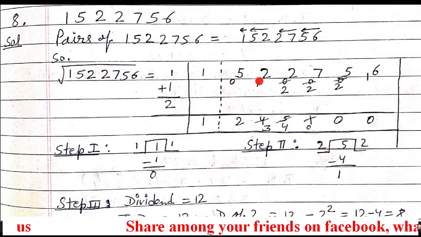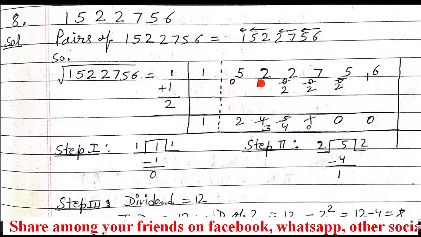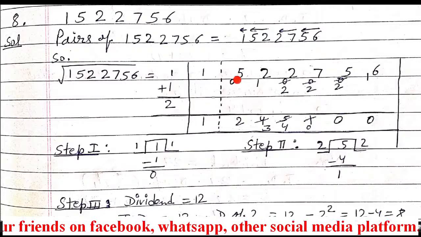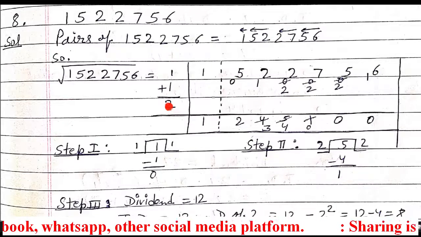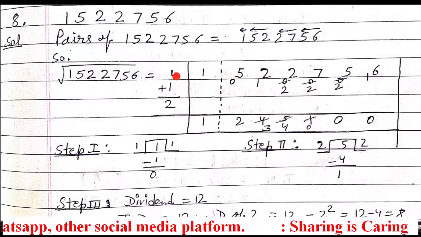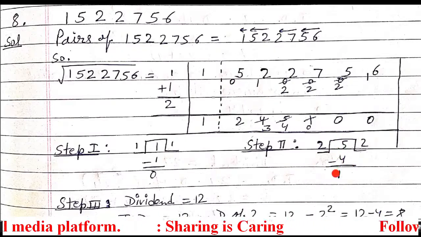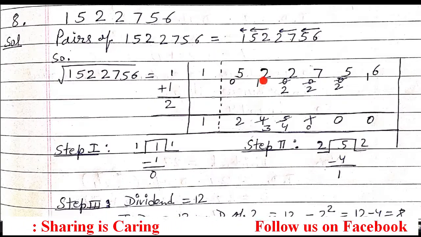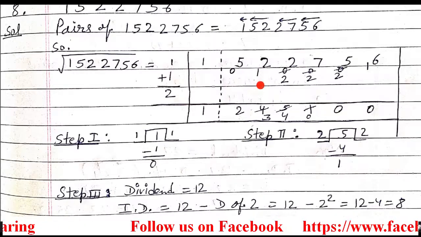Now onwards each dividend you have to improve. So I am repeating: after the dotted line, whatever the first dividend is, we do not have to improve it, we directly go for the division by the divisor which we obtained after adding the selected number. After this division, whatever new dividend you obtain, that is 12. From this second dividend onwards, each dividend we have to improve. So how to improve? Just see in the third step.